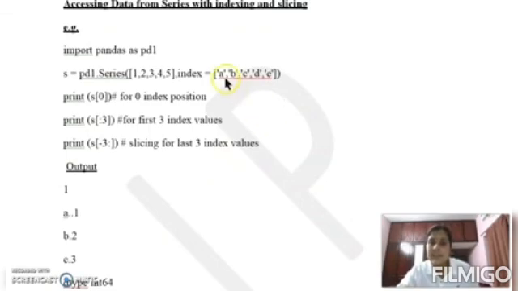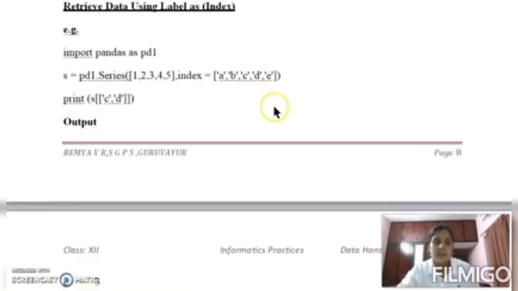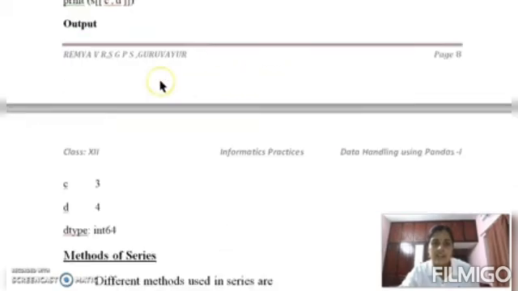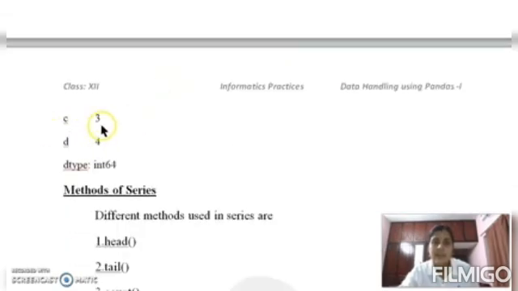Label means this A, B, C, D, E. So import pandas as pd, S is equal to pd.Series and we created a series. Then print S of C comma D. What will be the output? C comma D means 3 and 4 will be the output. At the C position 3 is there. At the D position 4 is there. So the output will be 3 and 4.